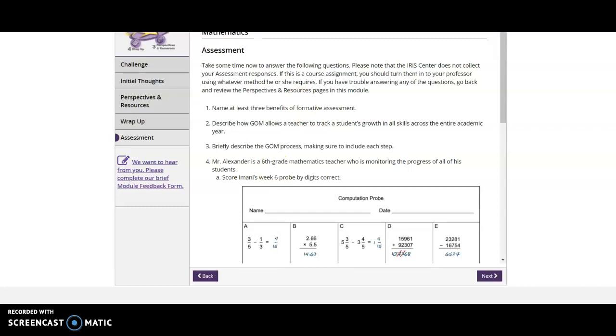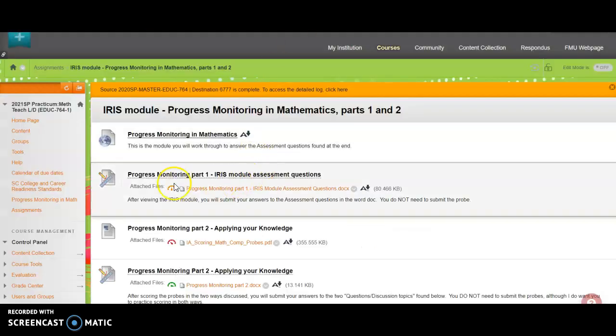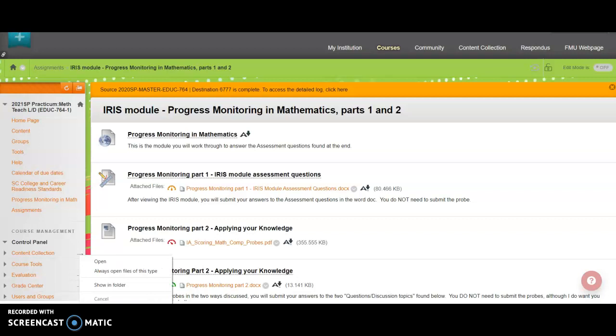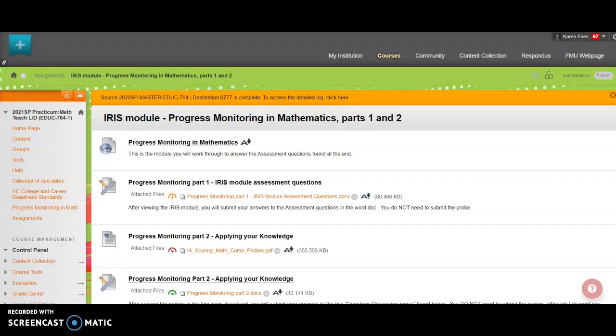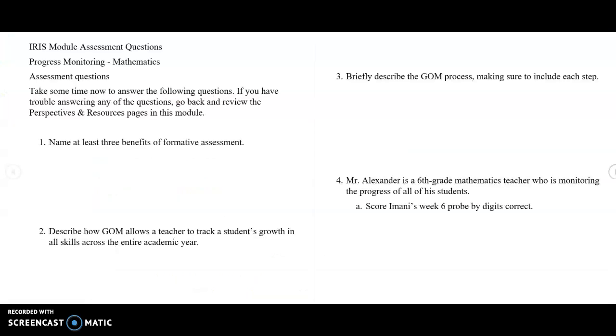So those are the questions, and you will find those questions right here. Remember our little assignment icon, so you'll click right here. Oh my gosh, every time, y'all. Hold on, let me see if I can get to it. Nope. I do it every time. Okay. Sorry, I'm using Screencast-O-Matic, and the little timer thing is right over here, off of your screen, where the document comes up when I try to open it.